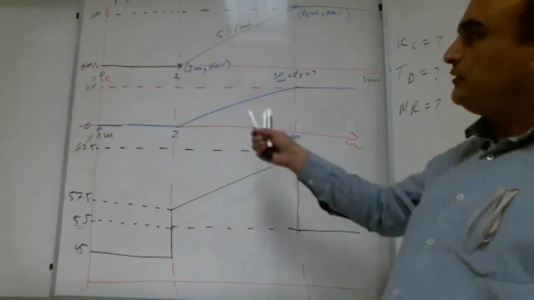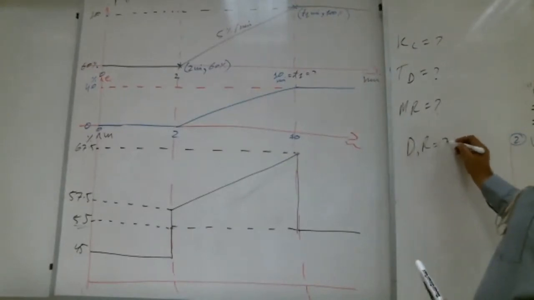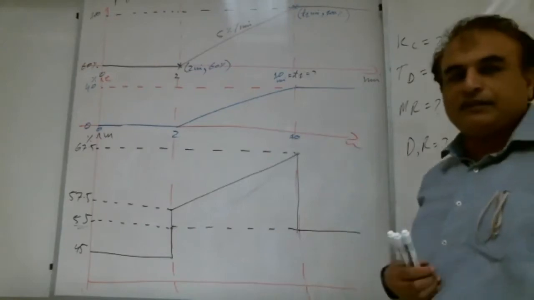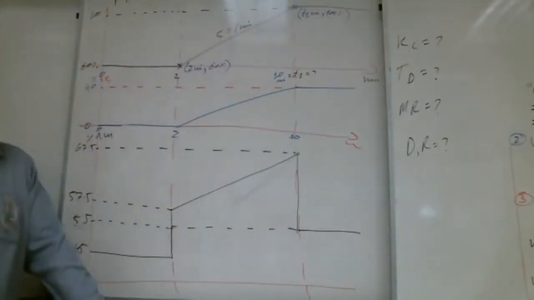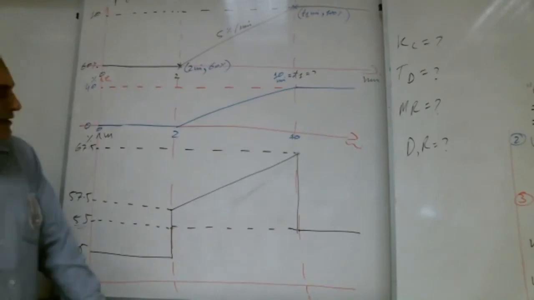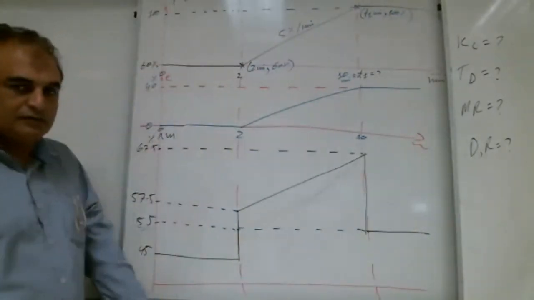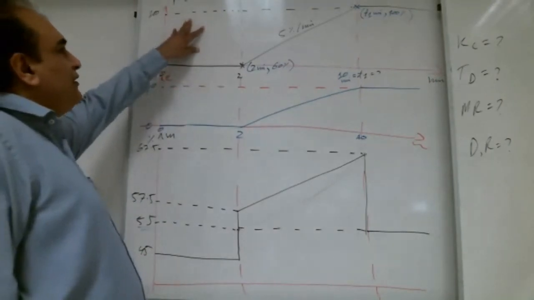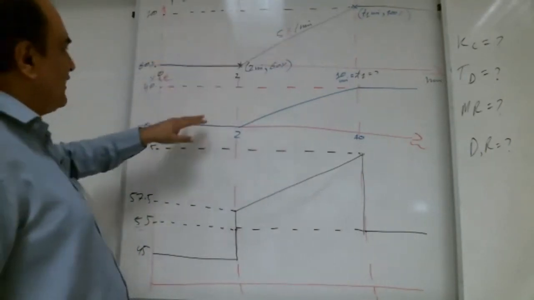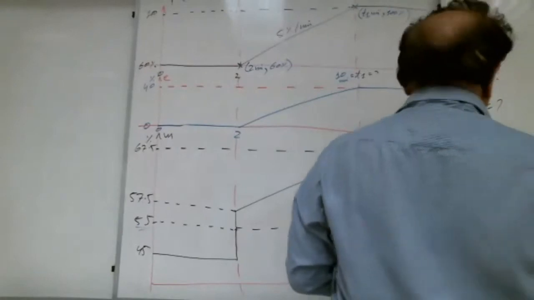Yes, Shabab. If these numbers are given, we need to know the action: direct or reverse. If these graphs are given, can we find these? Yes, please tell me. Which one is the easiest one to find? From where should we start? Direct or reverse. How do we know that, Shabab? Very good. PV minus SP, which is direct. That's good. So here the PV is bigger than the SP and error is positive, so it means direct action. That's good. What is next, Shabab?